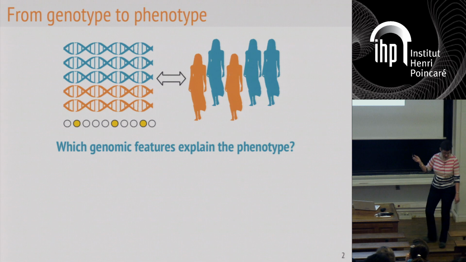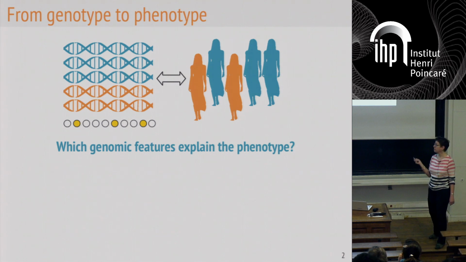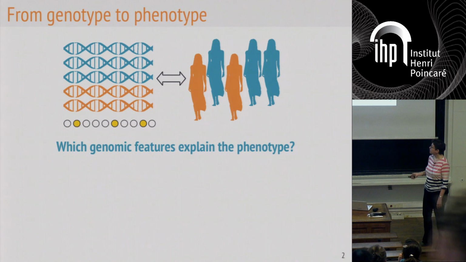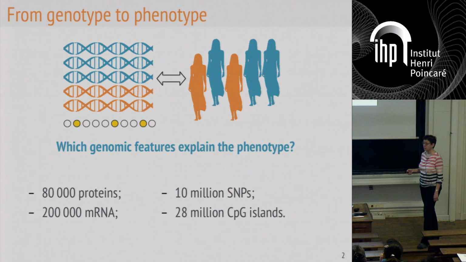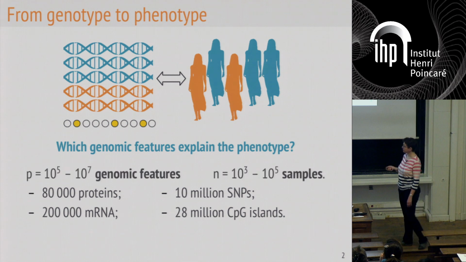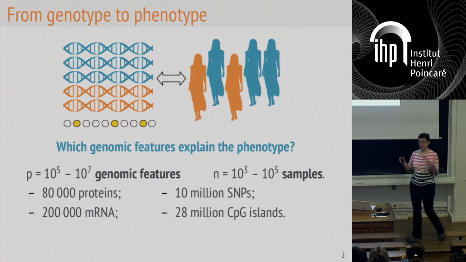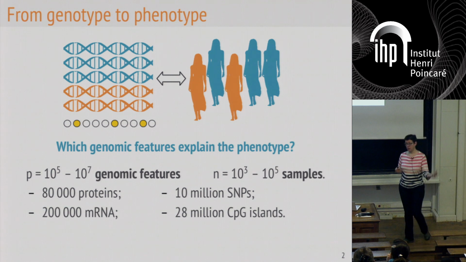One of the difficulties in this problem is the size of the problem. The number of features we're talking about are easily in the tens of thousands, hundreds of thousands, or even millions of variables, depending on which measurement you choose to use along the genome. Whereas you typically have a few orders of magnitude fewer samples. The number of samples is not a problem that's going to go away with time in the sense that, first of all, I've talked about breast cancer, which is a fairly common disease.